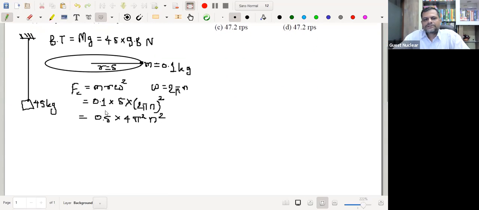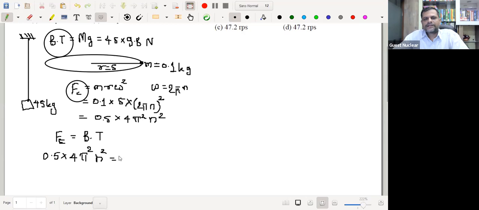We can just solve this further. Now look, we can get the maximum number of rotations when we equate this breaking tension with the centrifugal force, correct? So we have to equate this breaking tension with centrifugal force. If we equate centrifugal force Fc with the breaking tension, then we can get 0.5 into 4 pi square into n square must be equal to this breaking tension,